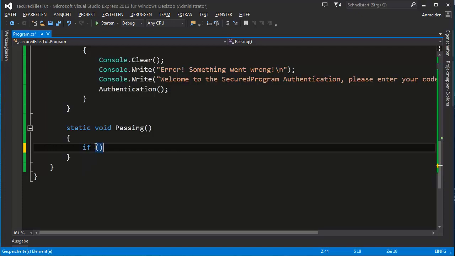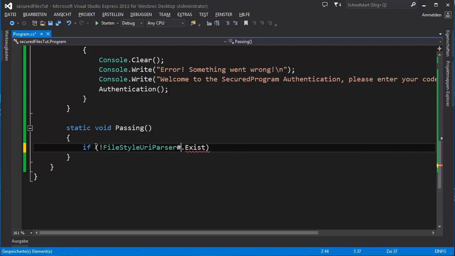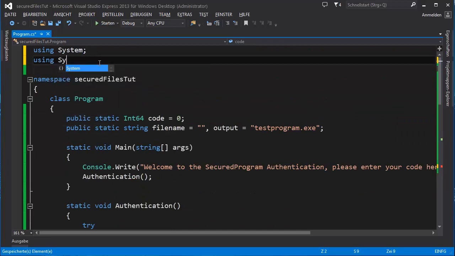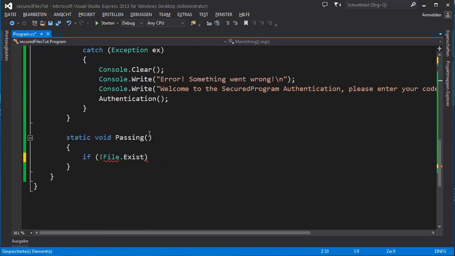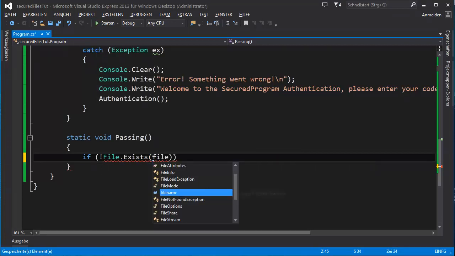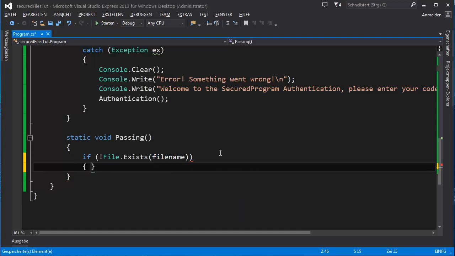And here we see first if the file exists that we want to exchange. So, and I forgot about System.IO because we are needing this right now. Exists, and here comes the file, which is of course the file name, and it should be in the same folder, otherwise you put backslashes in front. So if it exists, or actually if it does not exist in this case,